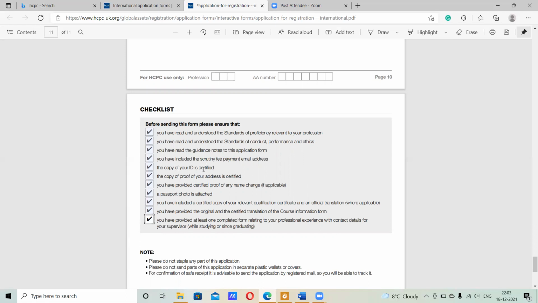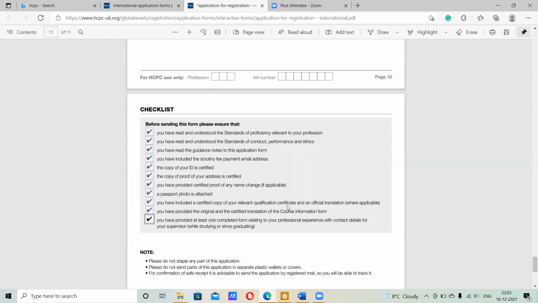You need to submit your certified copy of ID, which could be your passport. You need to submit a certified copy of proof of address, which could be a bank statement or a utility bill. Your passport photo needs to be attached to the first page of the application form. You need to have certified copies of relevant education and qualification, which can be your mark sheets, your transcripts, your